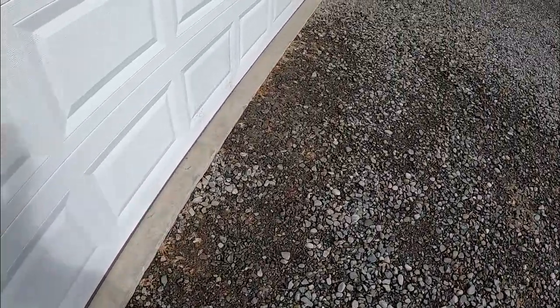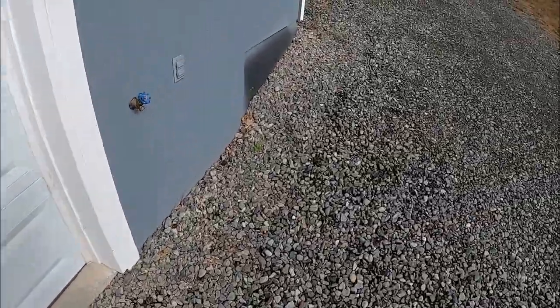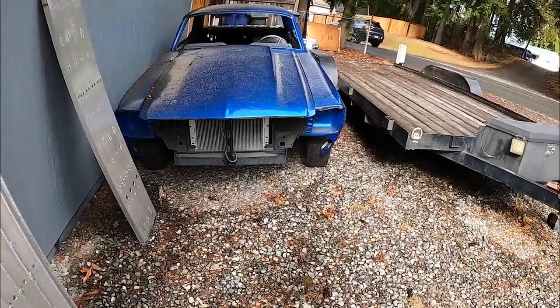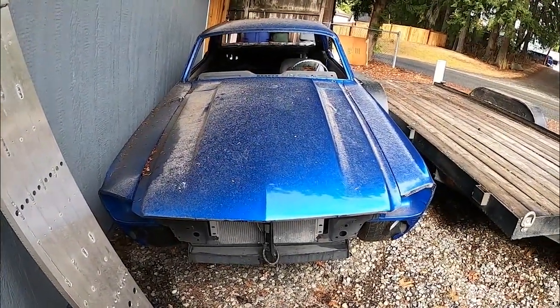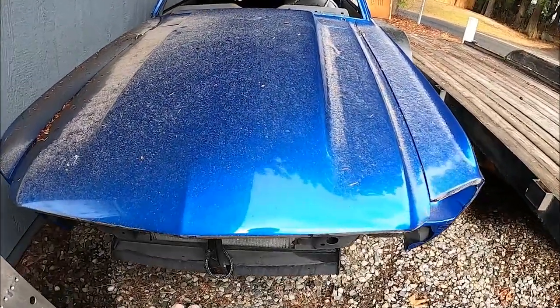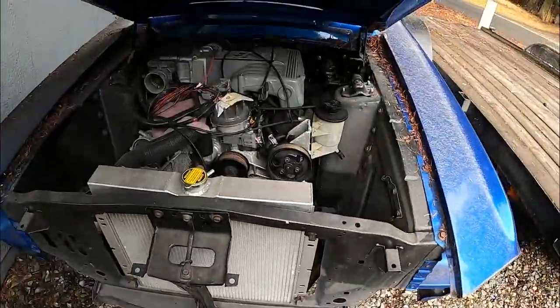It's been painted and body work, so it looks good, but it needs a lot of finish work, and we're going to try and finish it in the next couple months. I'll get it cleaned up. I mean, look, it's got branches and stuff. It's very embarrassing. This is actually new paint. It's never been buffed and cut. But it's got a